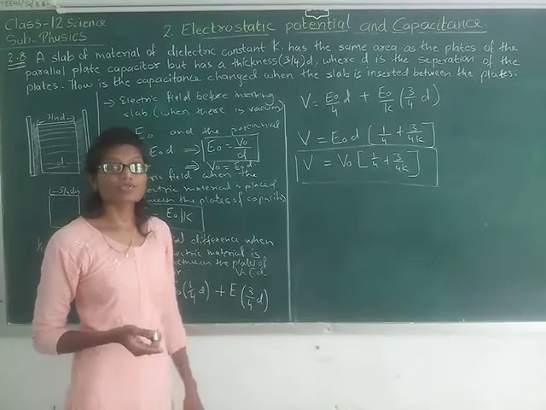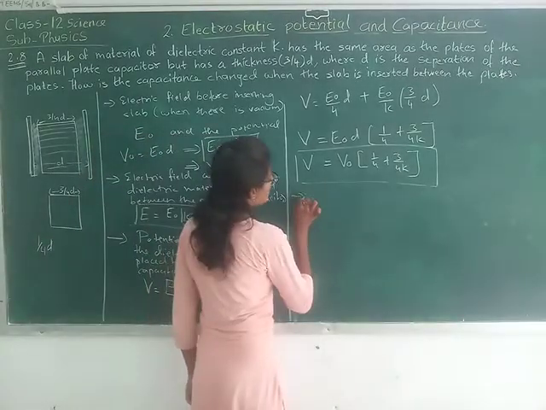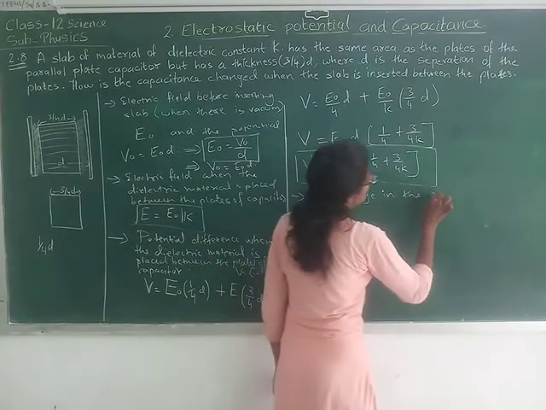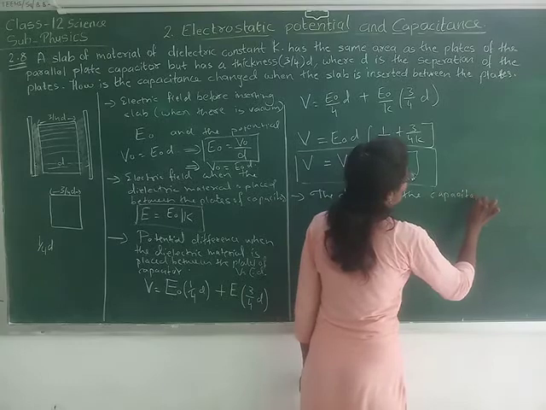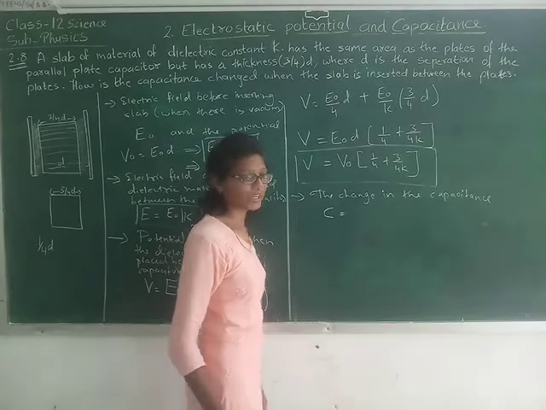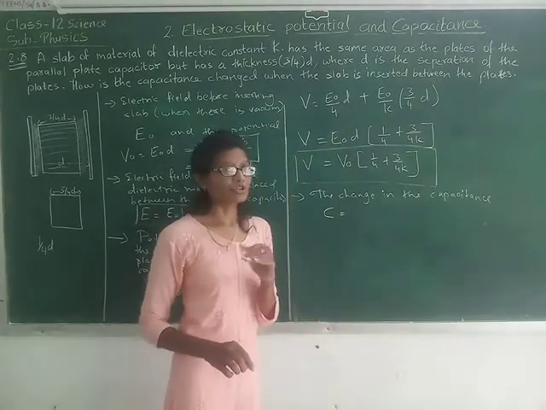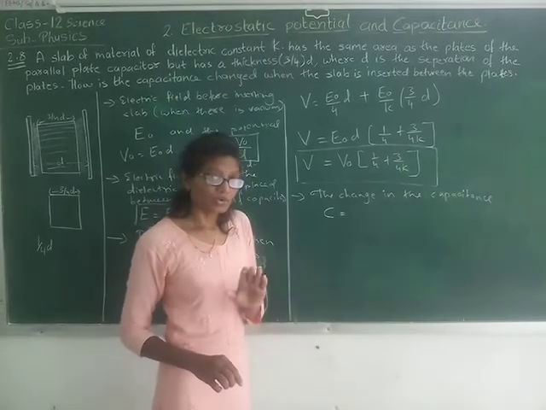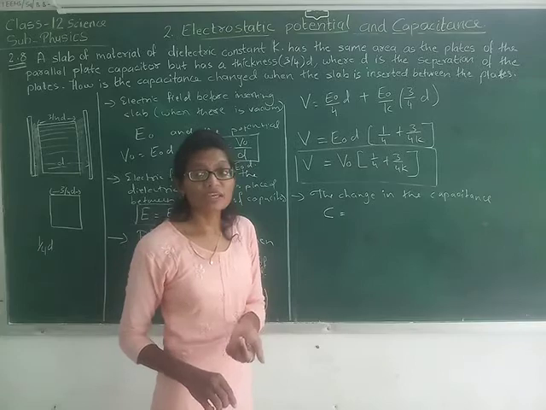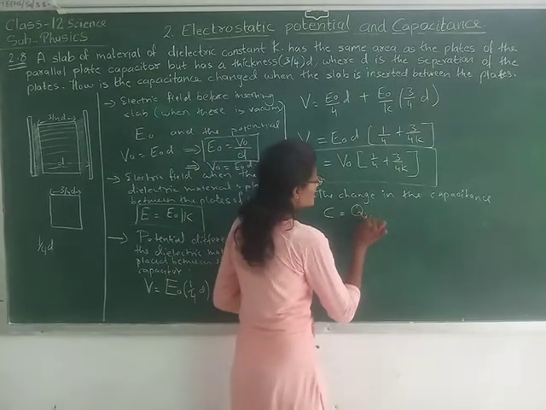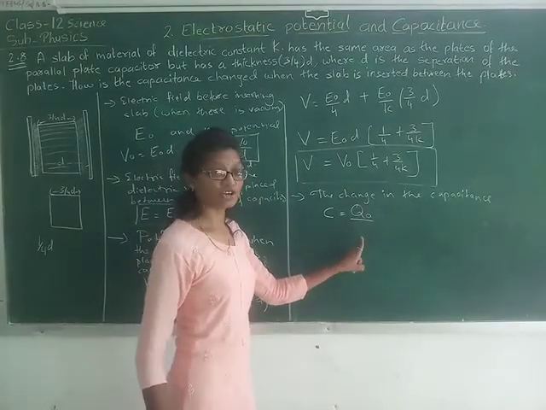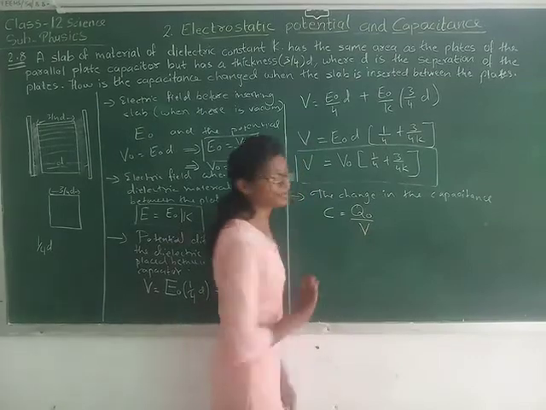Here what we need to find, what will be the change in the capacitance? Let us use the general formula, C equals to Q by V. Now see, initially there was no dielectric material, but now we are placing the dielectric material, right? But in that case there will not be any change in the charge. So let us write the same charge, that is Q0, right? But potential will be changing. So instead of V0, let us write it as V, right?